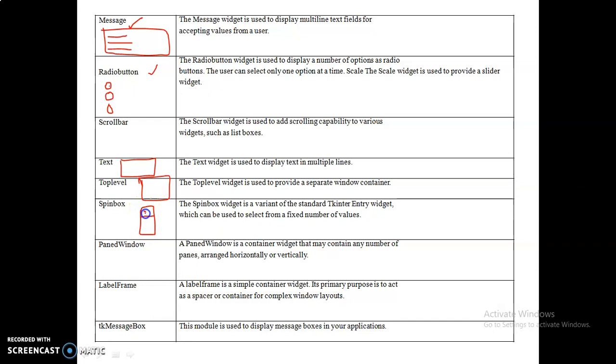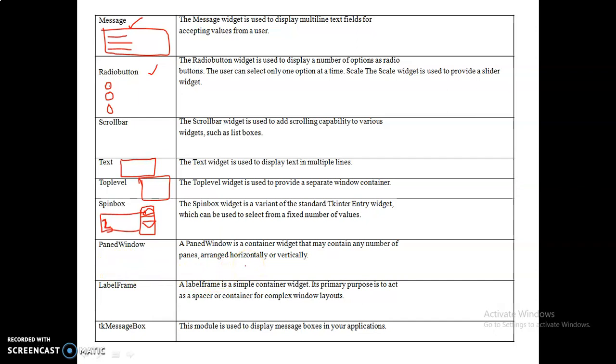It will look like this. You have one up arrow button and one down arrow button, and here you have one text box. Whenever you click on these two buttons, you will get the updated value here, one, after two, and after three, like this you will get the multiple values one after the other.